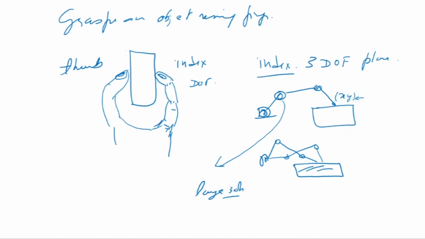So which solution are you going to take? Or when you grasp an object, which solution do you take? You'll always note that you take this solution, and this is the one that gives maximum manipulation, or rather maximum manipulability value. Okay, so whenever we use our fingers to grasp an object, it is always seen that we maximize the manipulation ability.